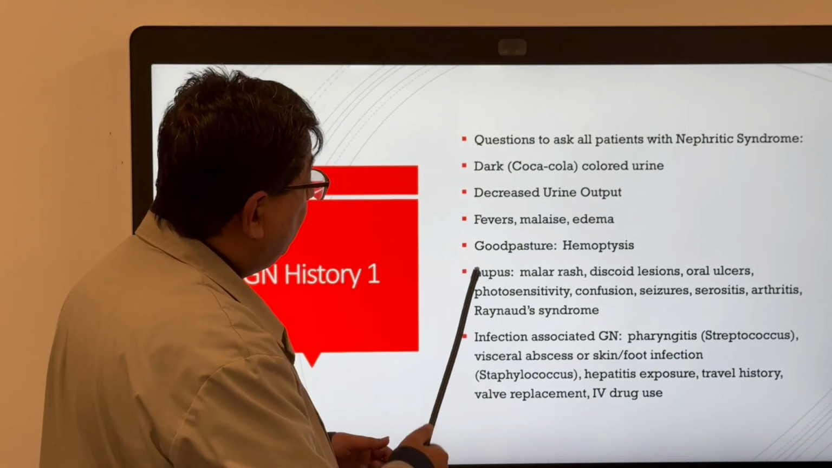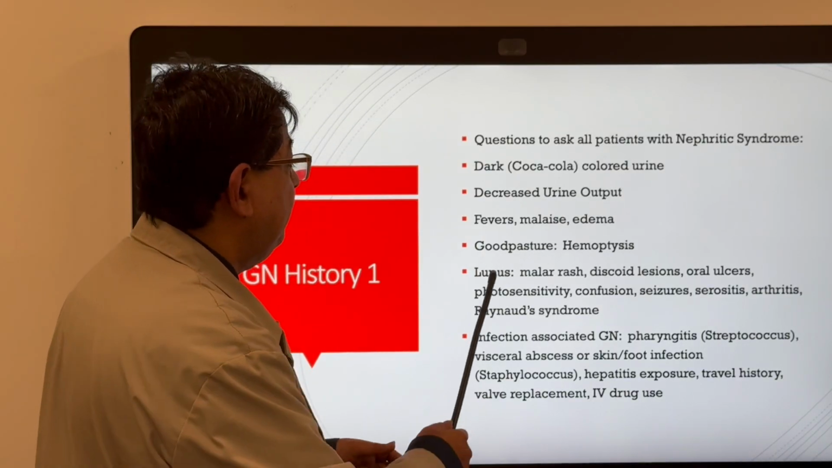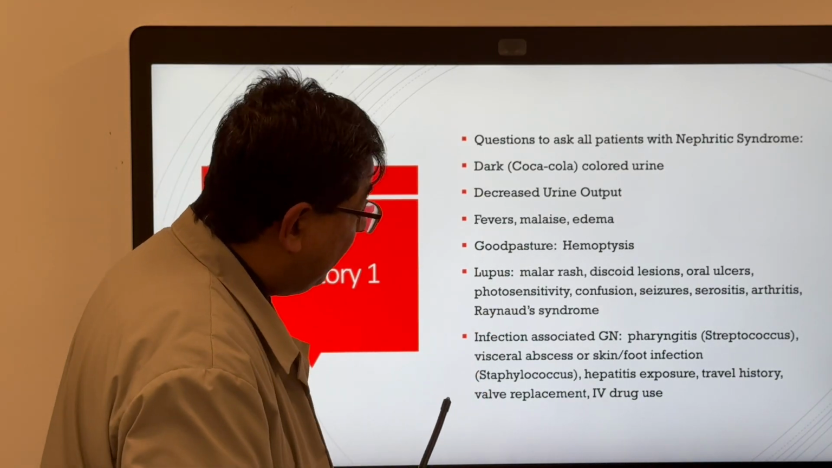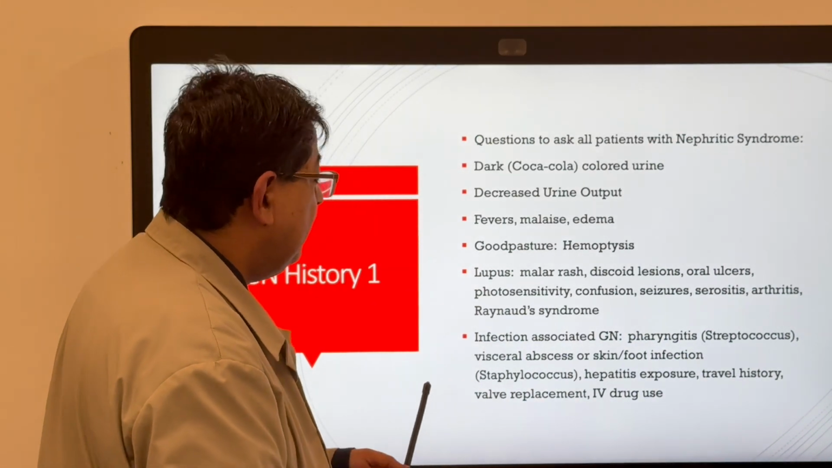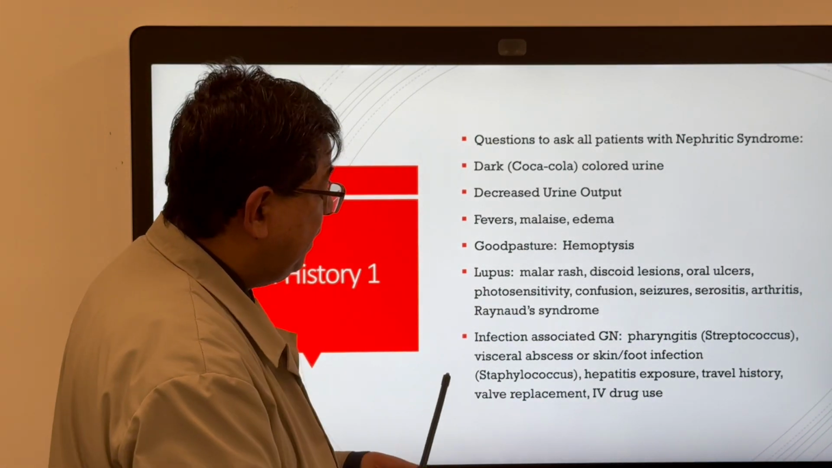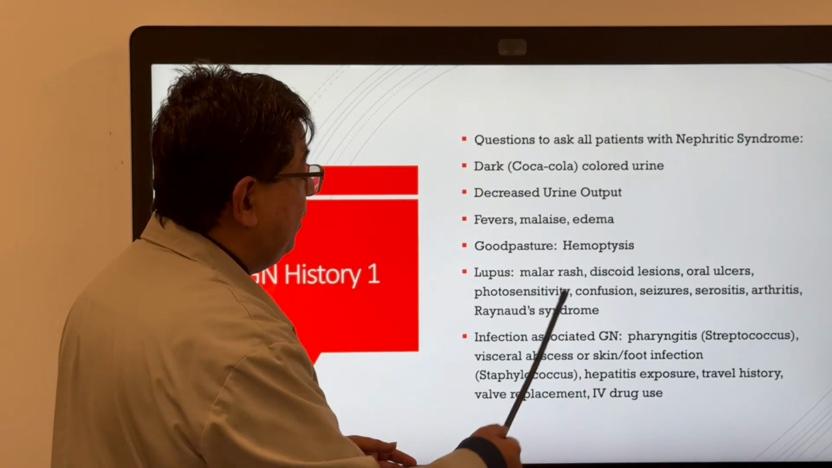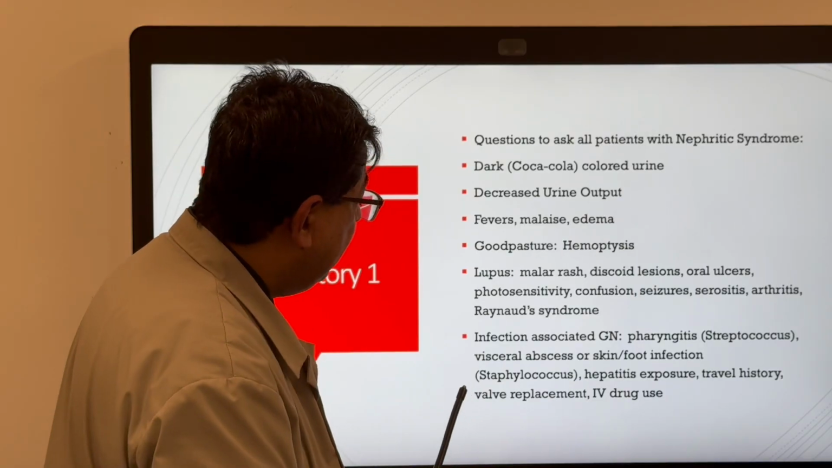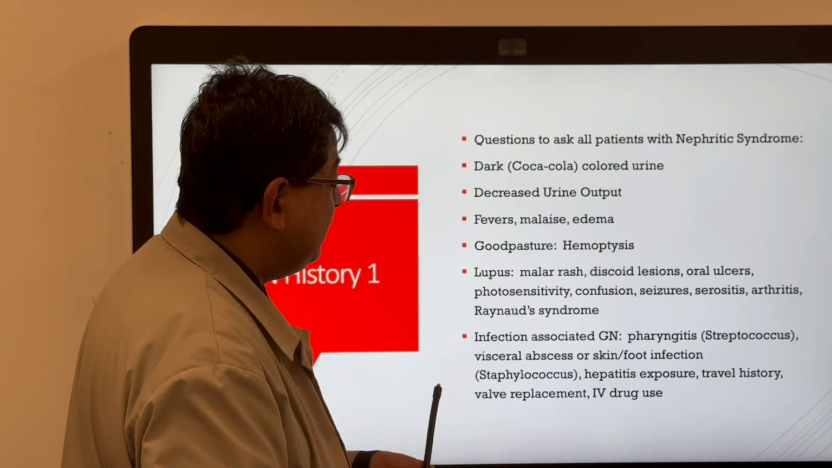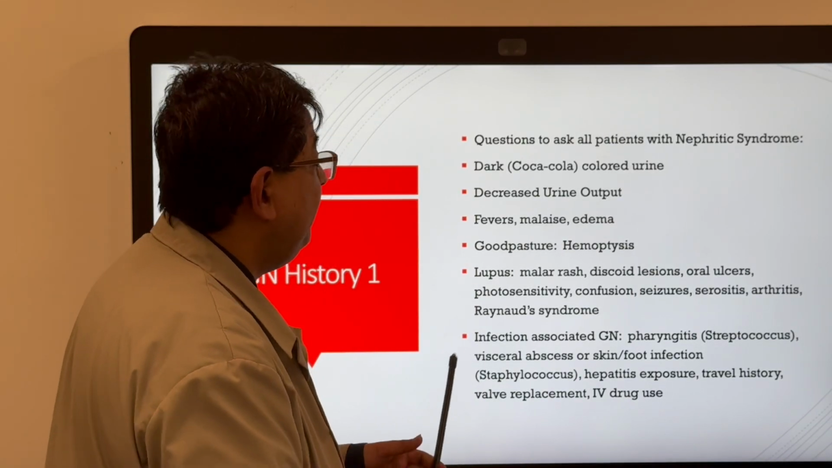So you should always rule out lupus. So you would ask them, do they have a malar rash? And of course, you would be looking at them while you speak to them. So you would note whether they have a malar rash or not. Discoid lesions, whether they have skin lesions, whether they have oral ulcers, light sensitivity, photosensitivity, and then confusion